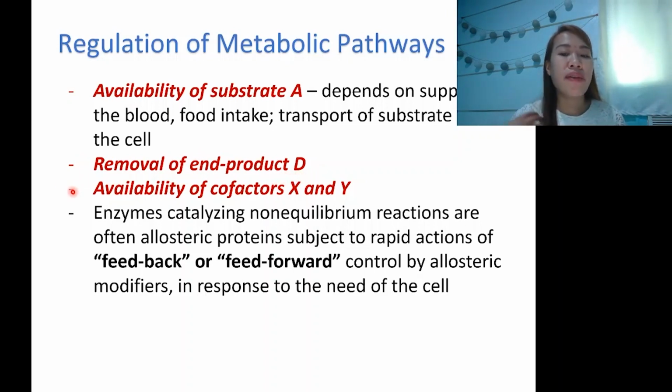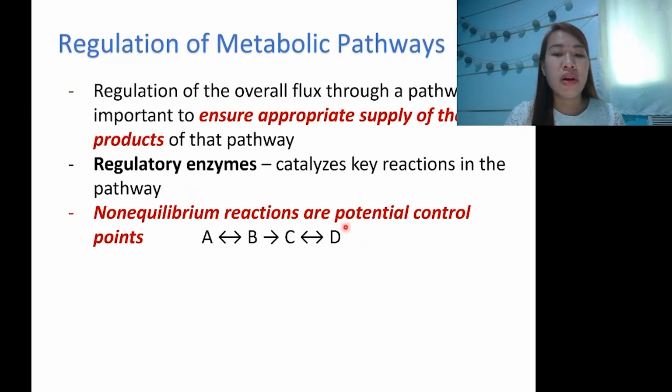Okay, availability of cofactors X and Y as well. So there are different cofactors that are needed during a metabolic pathway, and you'll learn about that later. Those are the things that you have to ask. Tatanungin mo, ano ba ang substrate? Anong product ng pathway na to? Ano ang cofactors needed? So next, enzymes catalyzing non-equilibrium reactions are often allosteric proteins subject to rapid reactions of feedback or feed-forward, controlled by allosteric modifiers in response to the need of the cell. As mentioned earlier, these non-equilibrium reactions are actually potential